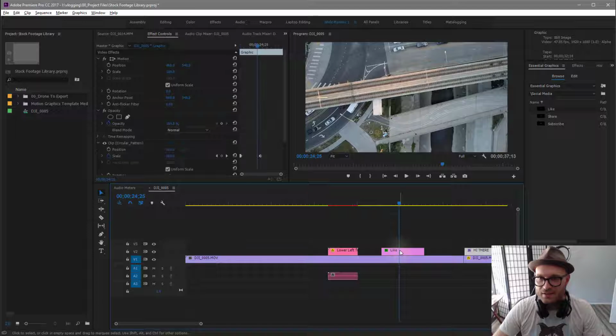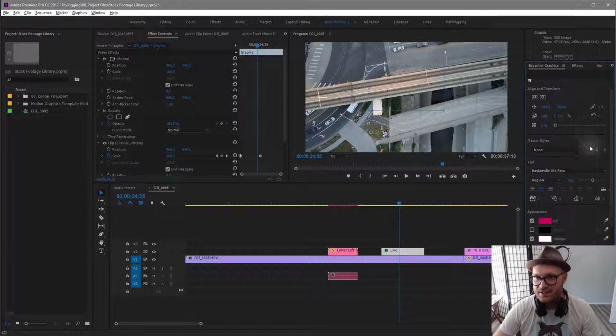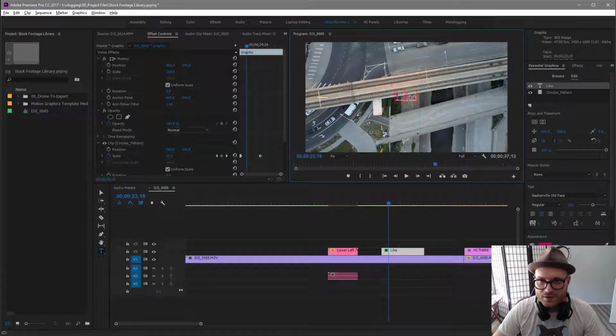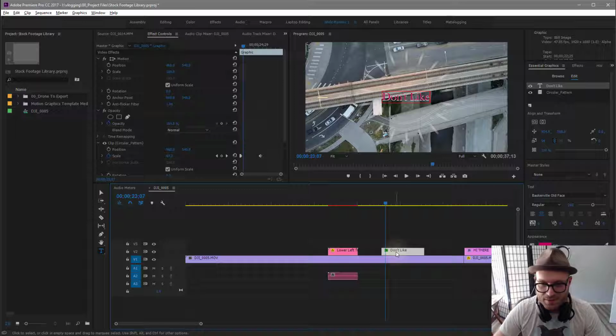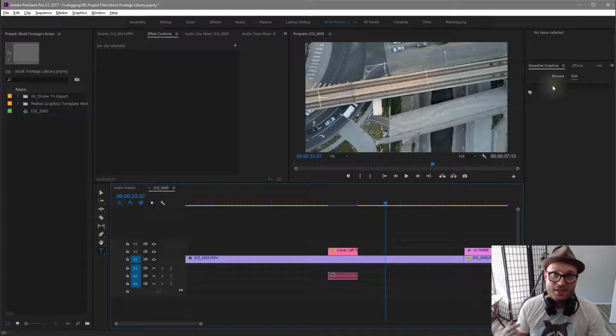But I think I could hopefully go into edit and change text. Yeah, so this is like a template. Basically they pre-made all this stuff right here in Adobe. So I could go in and change the word "like" to "don't like." There you go. I've got to say though, this is probably the ugliest template I've ever seen. I'm probably not going to use any of Adobe's stock templates,